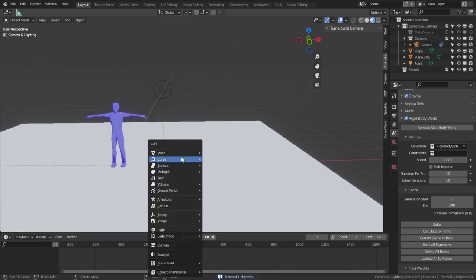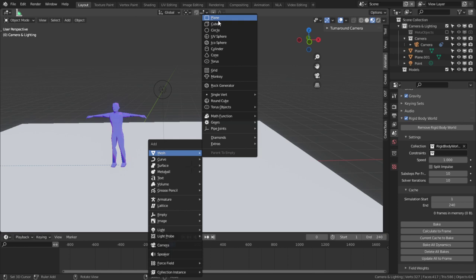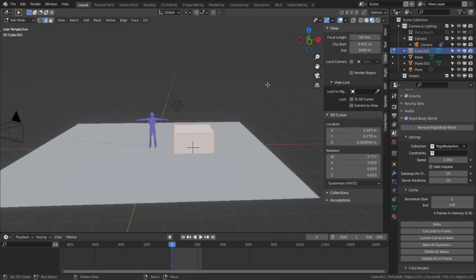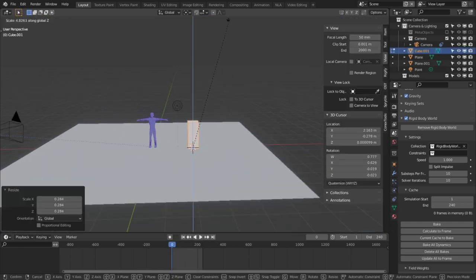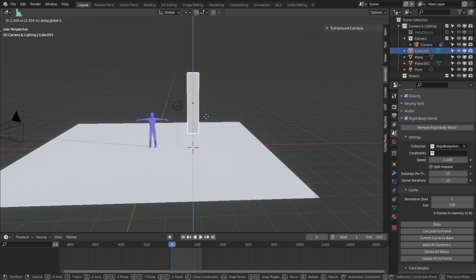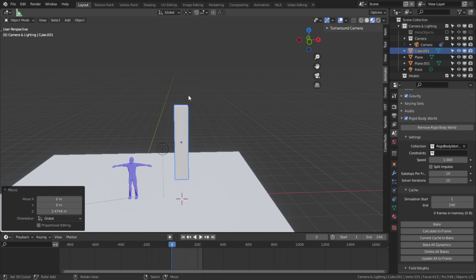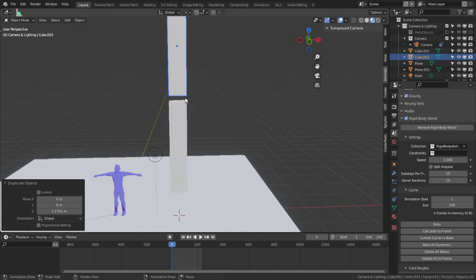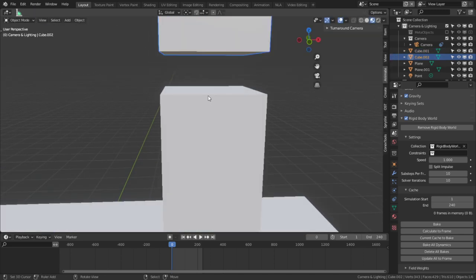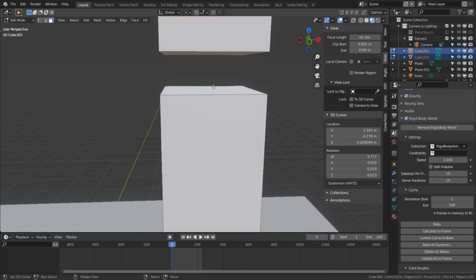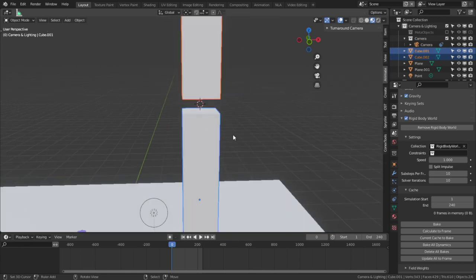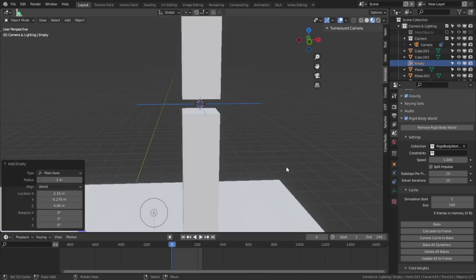Alright, there's also something that can be done like this. Let's say we get a cube. Oop, don't do that there. There we go. There's some things that we can do with physics. And this is going to be kind of the genesis of what I'm going to work on here in a second. So we select this right there and that right there. And if we add an empty like that,